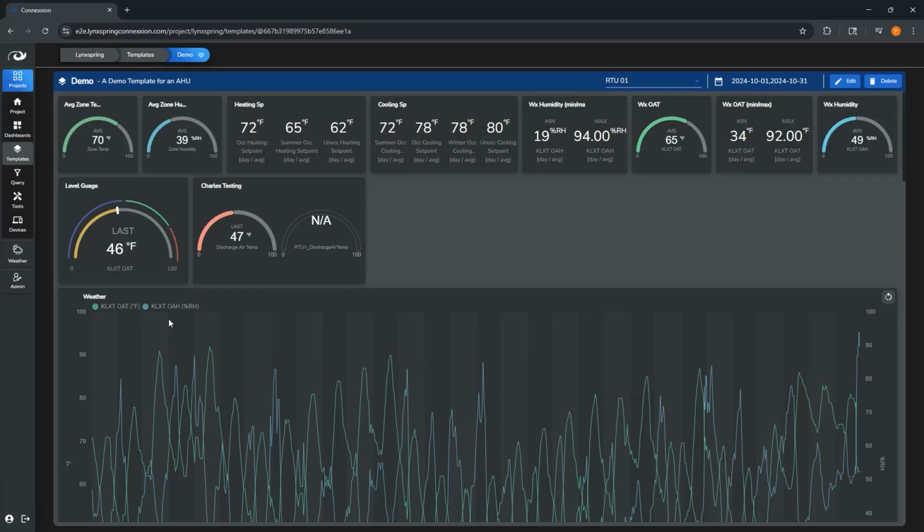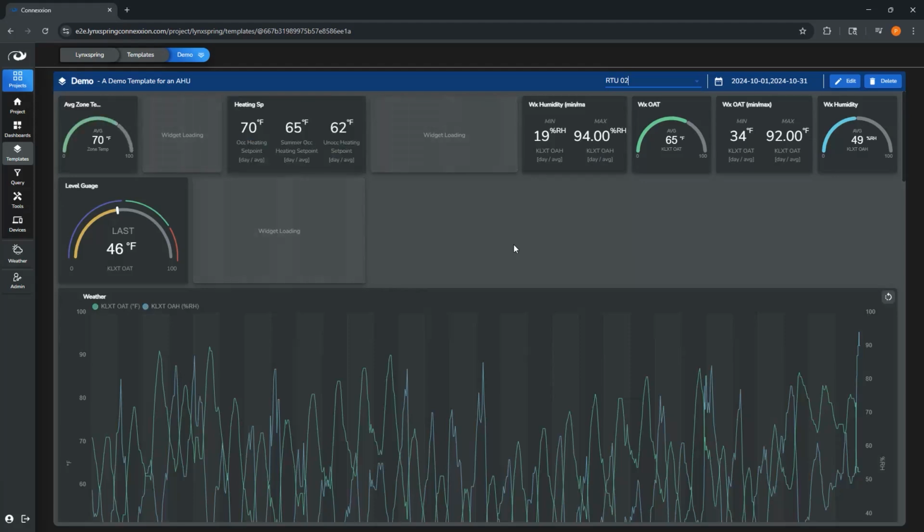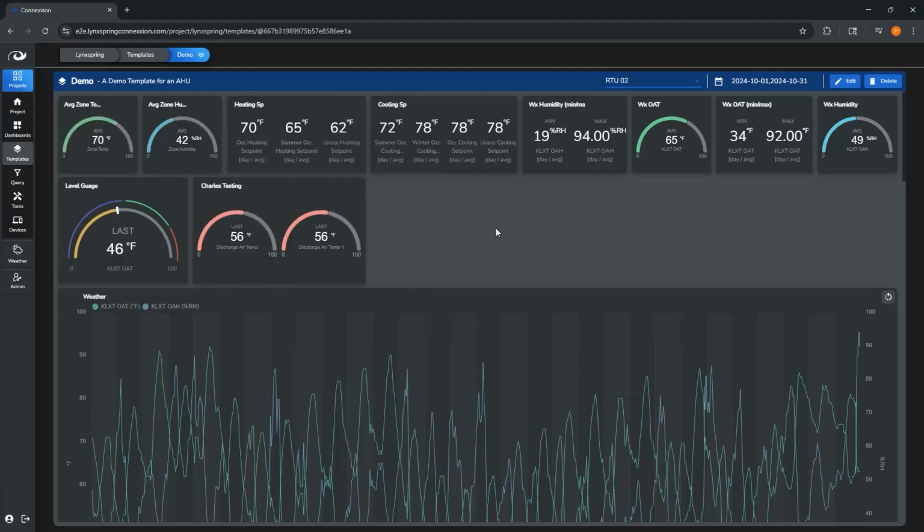And it's currently set for, you can do this for sites, you can do this for equipment, you can even build templates for devices if you want. Here at the office in Lynxspring, we actually have 10 RTUs that sit on the roof. So this is pulling live data out of the Lynxspring office. So this is not demo data. But you can see here that the template, which was built for AHUs, in this case RTUs, is smart enough to recognize that I've got 10 other RTUs in the building. And rather than having to go through and rebuild all these over and over, I can just use that same template that I built once and then configure it.